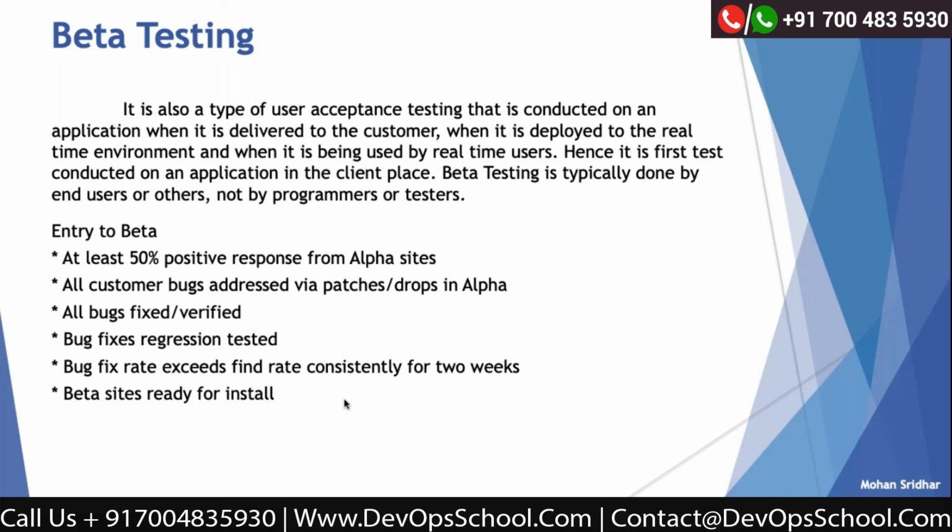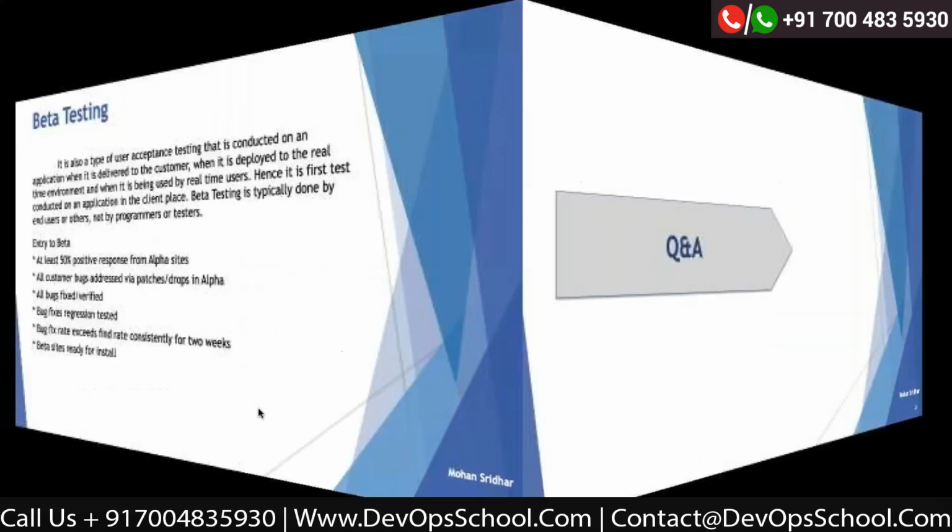So these are the many phases done to deploy any application to the end user, to avoid issues being detected by the user. The main reason is that the defect cost is high when it is found at the end user. That is why many kinds of testing are performed at each stage. So this is about different levels of testing. Any questions before we proceed to the next one?